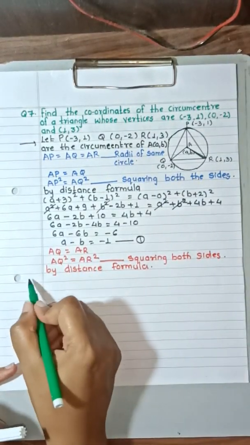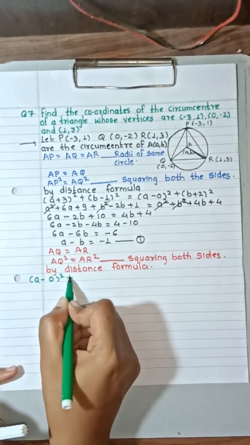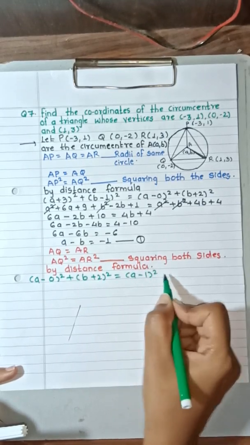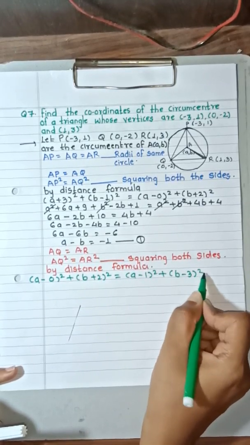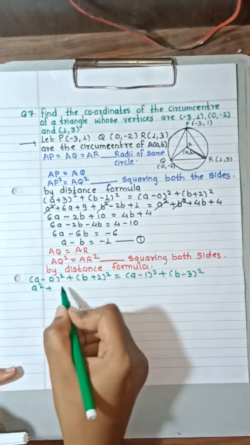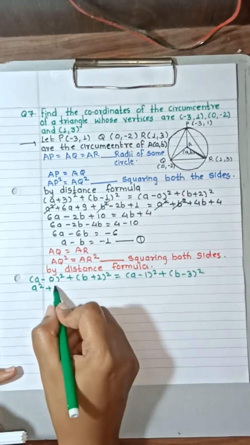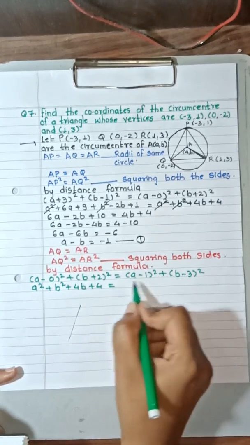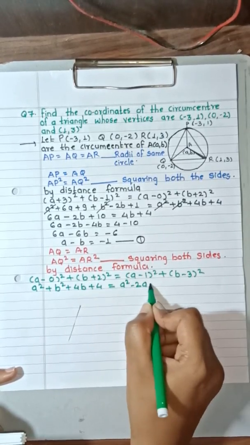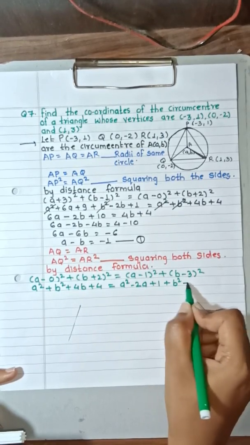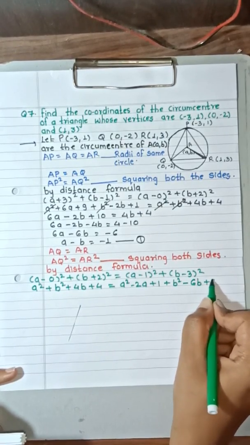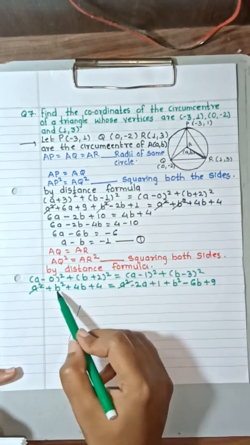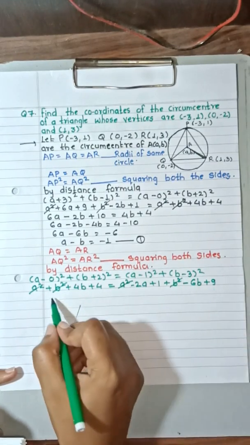So I'll write down here (a minus 0) bracket square plus (b plus 2) square is equal to (a minus 1) square plus (b minus 3) bracket square. Now a square plus, now this 0 will be, then everything will be 0. So here b square plus 4b plus 4 is equal to a square minus 2a plus 1 plus b square minus 6b plus 9. Okay, now again this a square will get cancelled, b square will also get cancelled, and you will have here